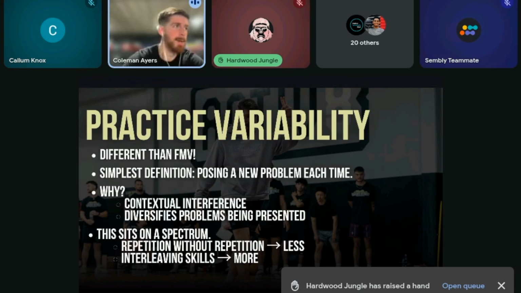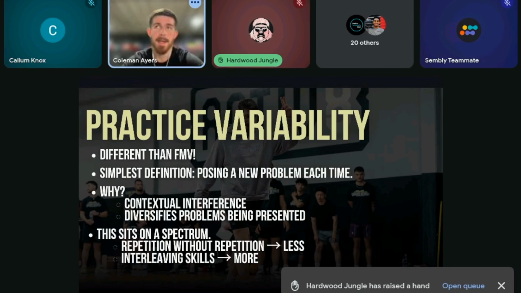You know, they're not going from an algebra problem to a calculus problem and back, but there are slightly different problems every time, and usually you'll see the success rate go down 20, 30, 40% just from simple changes like this, where it's a very small amount of variability because they're executing the same skill over and over again, but doing it in different ways. Interleaving skills is going to be more variability. So interleaving is jumping from one concept or one skill to another and exaggerating the variability here.